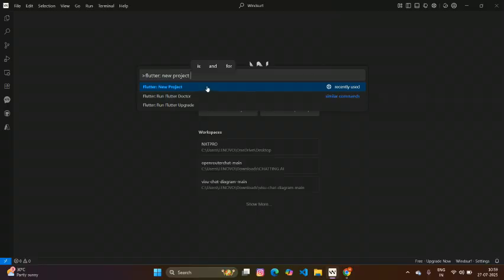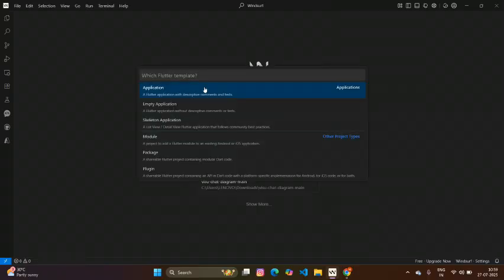I'm already showing Flutter: New Project, right? Once the Flutter SDK is installed in your system, it will show Flutter: New Project. If it's not installed, it wouldn't show. So when it shows like this, just click on it